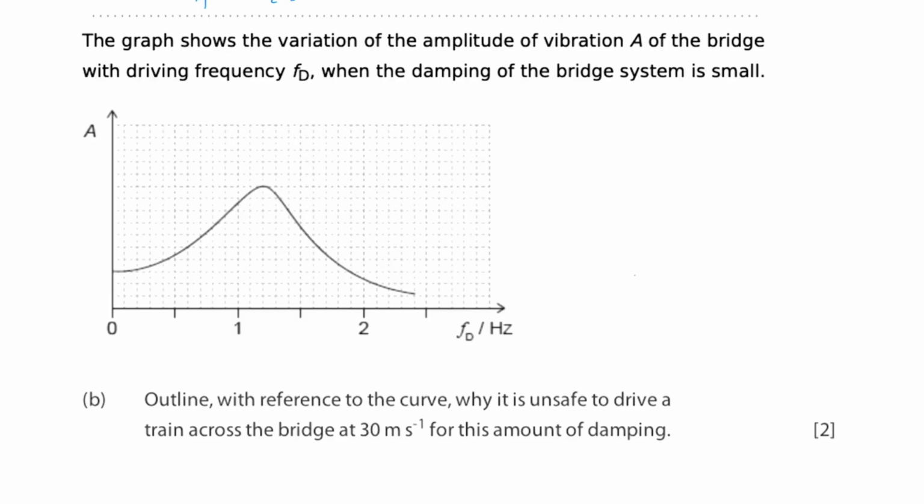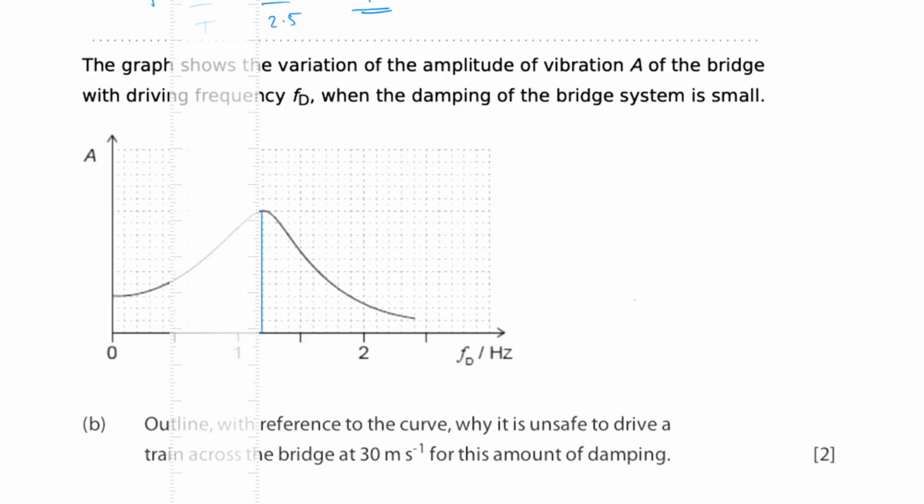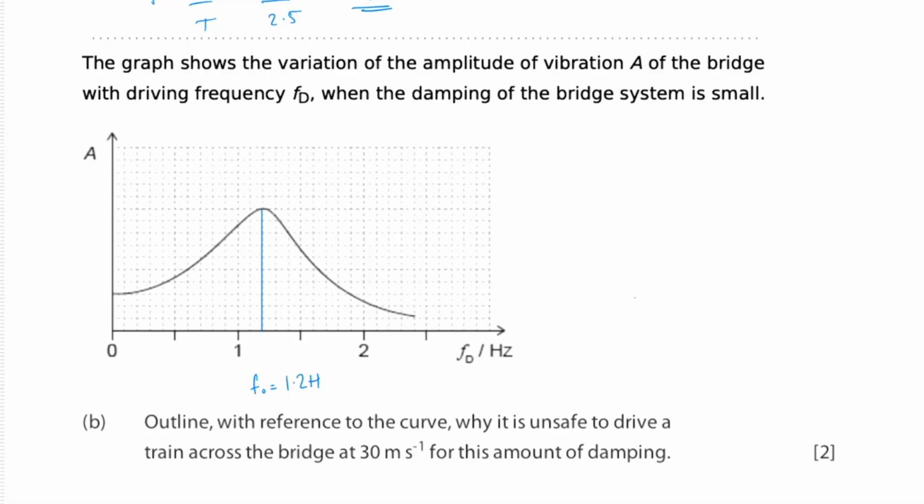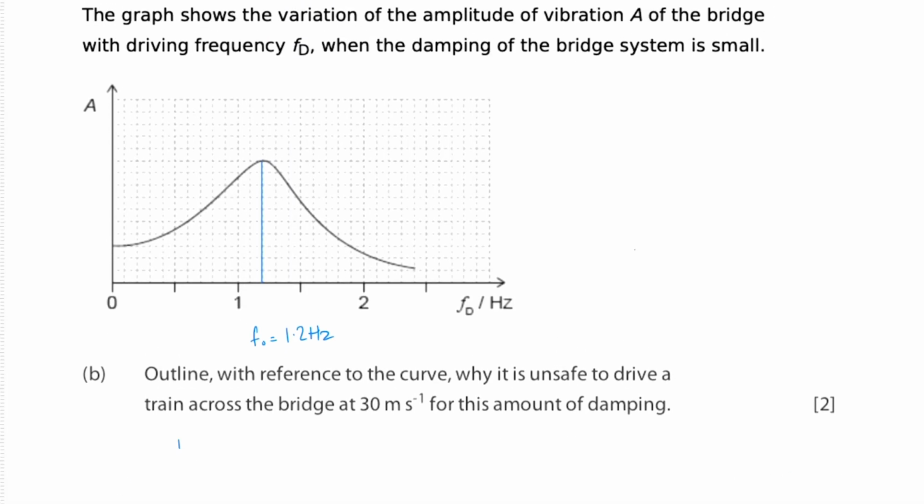B. Outline with reference to the curve why it's unsafe to drive a train across the bridge at 30 metres per second for this amount of damping. So we go to the resonance point and draw it down, and that tells us that the natural frequency is 1.2 Hz. Let's work backwards. Time period is equal to 1 over frequency, so it's 1 over 1.2. The time period is 0.83 seconds. That means the speed is equal to distance over time, so it's 25 over 0.83, which gives us an answer of 30.1 metres per